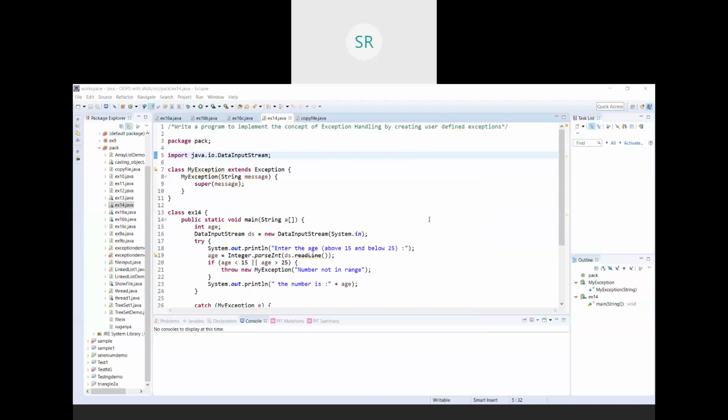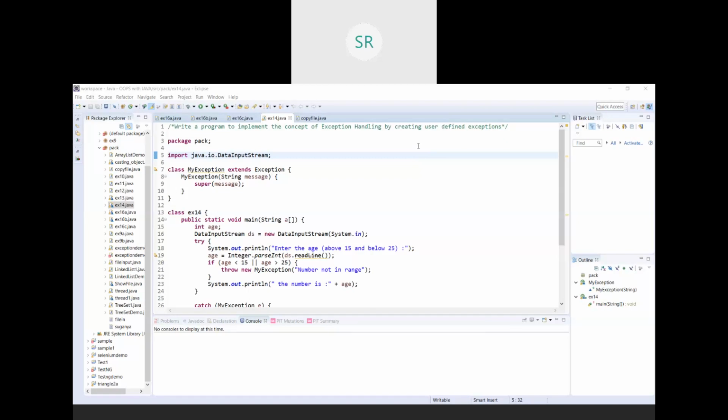Today we'll be discussing the exception handling concept. In the previous lab experiment, we saw exception handling using the predefined main class Exception, then the subclass ArithmeticException, like divide by zero. One simple program started with what an exception is and how to handle it using which blocks. We already discussed that in the last program.